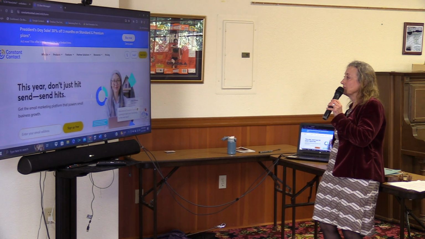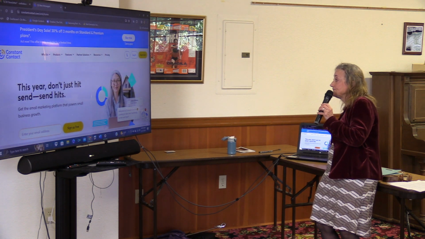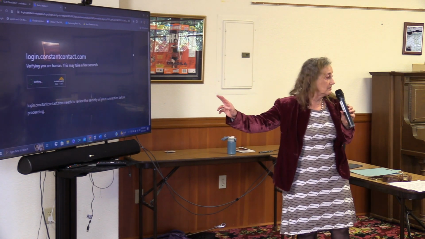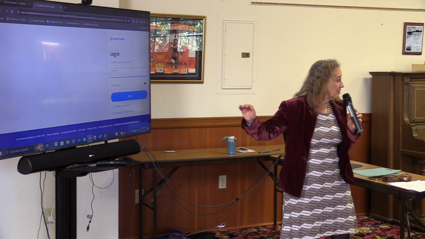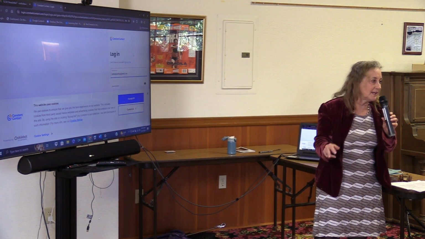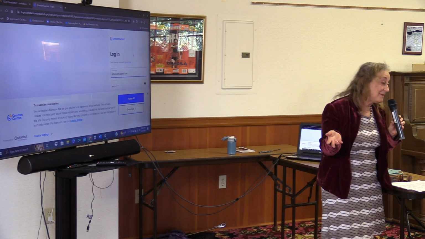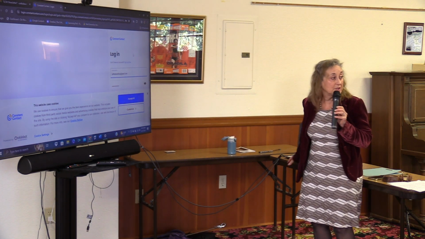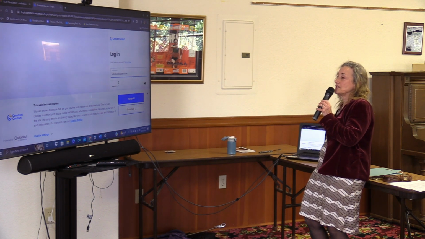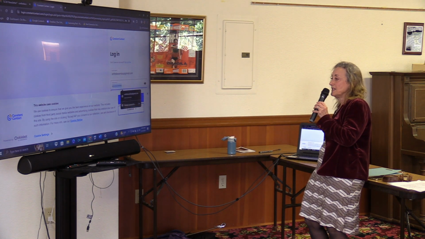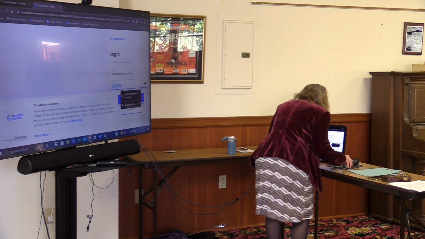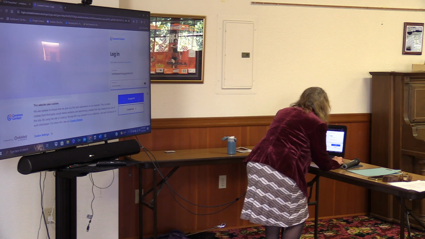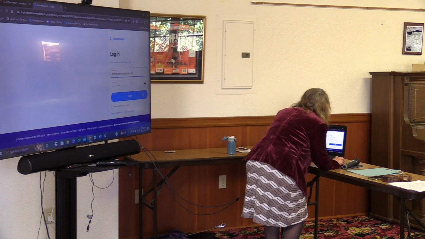So now I'm going to log in. One of the pluses about Constant Contact is the very high security level for you. They do not want hackers grabbing your newsletter and making a mess out of it. So they make sure that no one else but you gets in. Here's my username, which comes up automatically, and I have to enter a password. Excuse me while I do that as fast as I can. Okay, and I have to accept and ignore the cookies and log in.